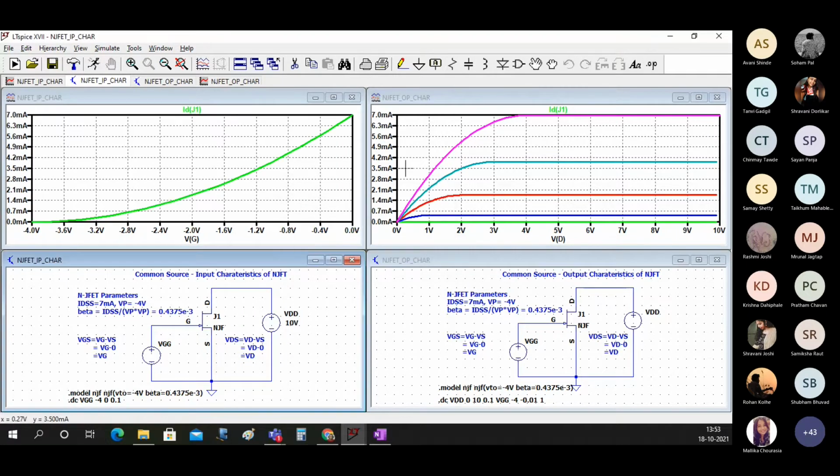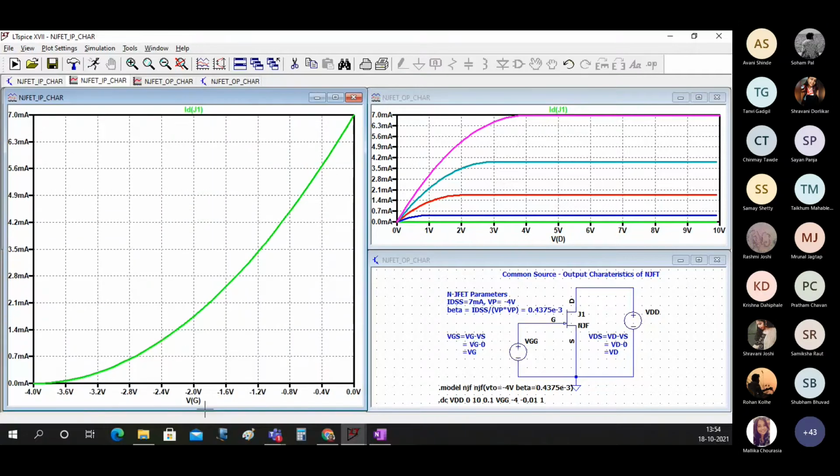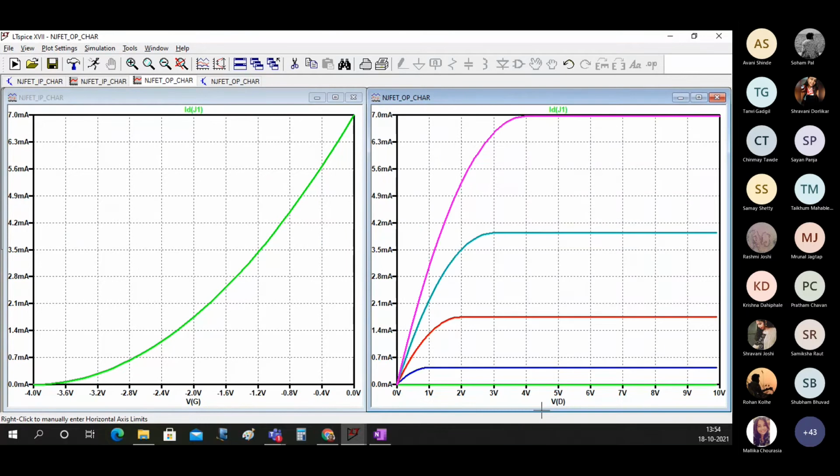So now you can look at both these graphs side by side, and if you extend this like 4.2 on this, this line should come exactly in front of this line.